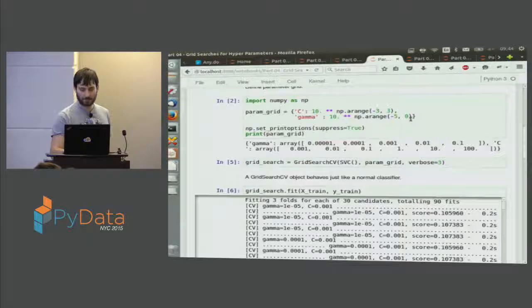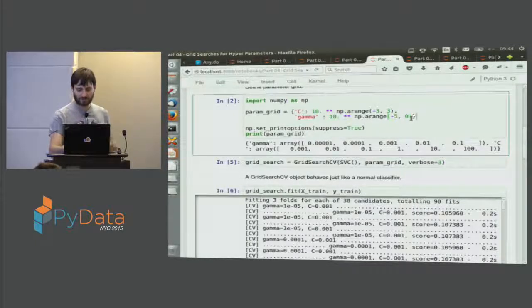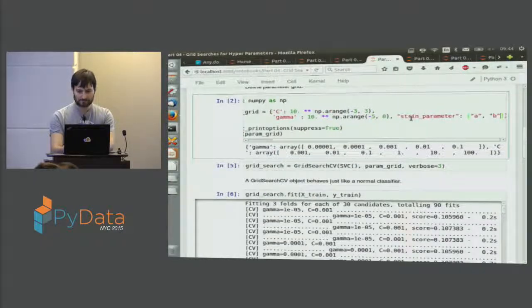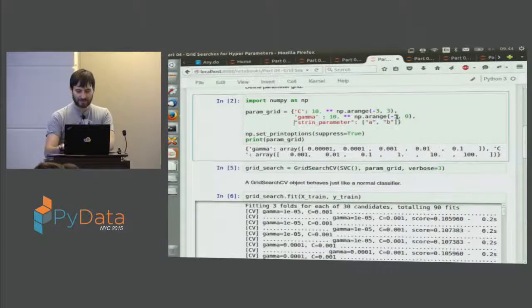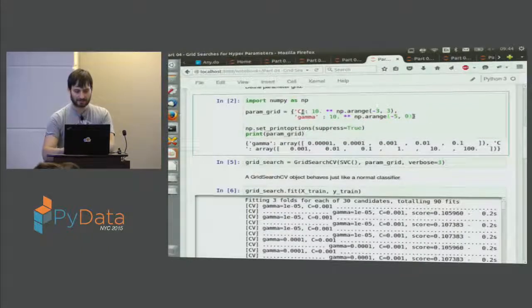Well, if you have a string parameter, you can just do this. If you have conditional parameters, so let's say you want to search over a linear and the RBF kernel, one thing you could do is you can pass a list of dicts. So you can do something like,